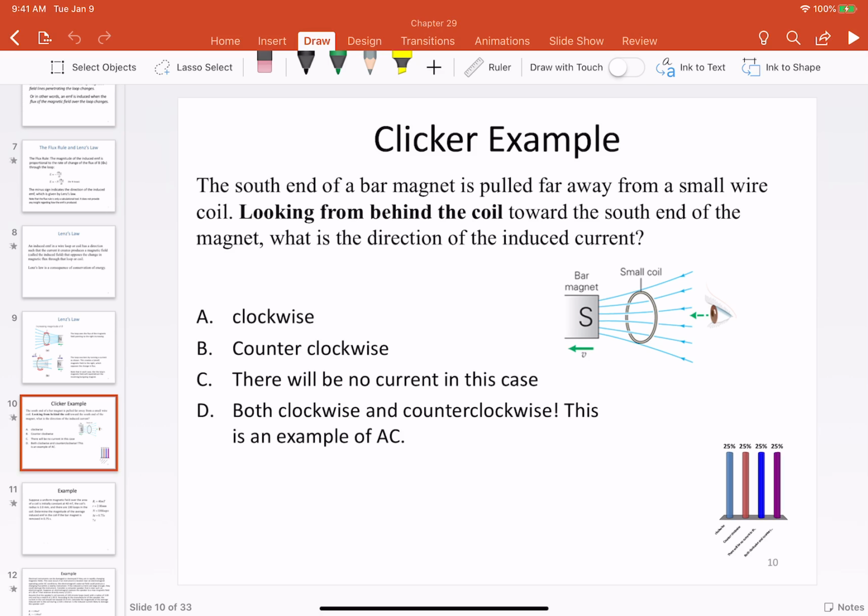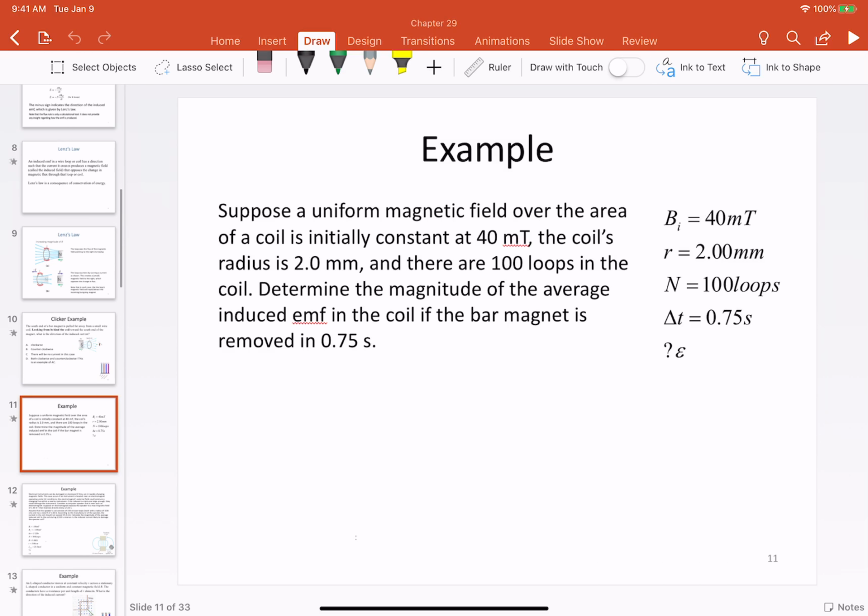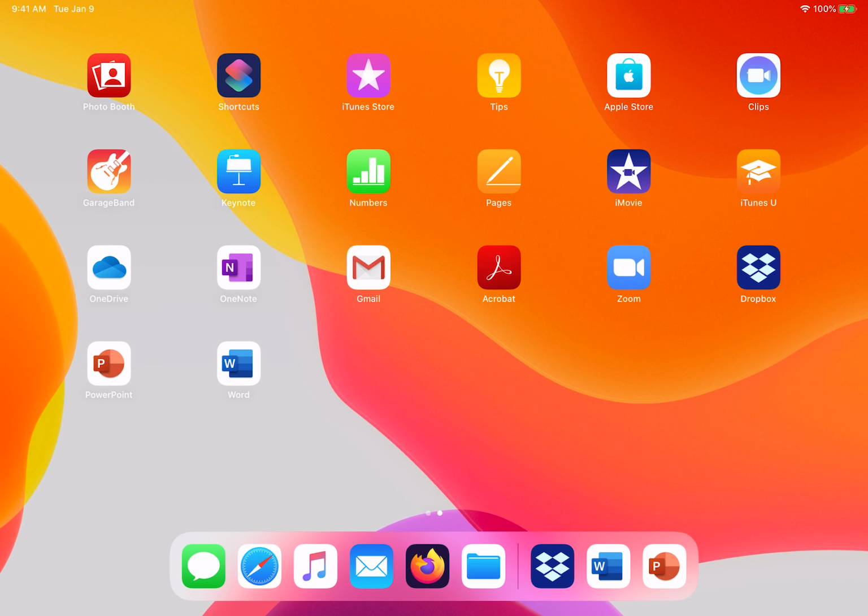All right. Now, the next few slides are a couple of applications of the flux rule. E is equal to minus d phi B dt. In general, you can have two types of problems. I mean, two types of ways you could conceivably use this. One is that